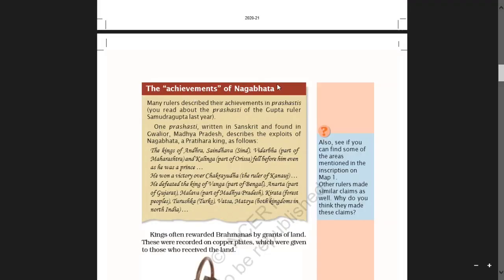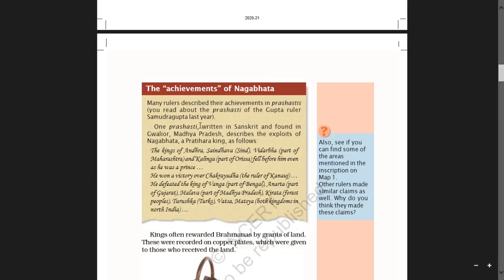The achievements of Nagavatta. Many rulers describe their achievements in Prashastis. You read about the Prashasti of the Gupta ruler Samudragupta last year in class 6.